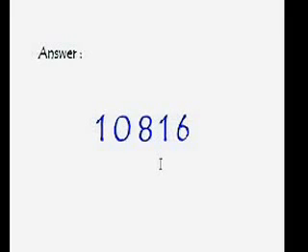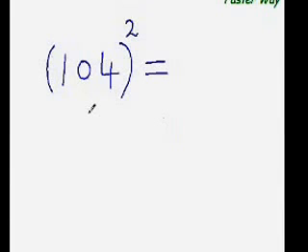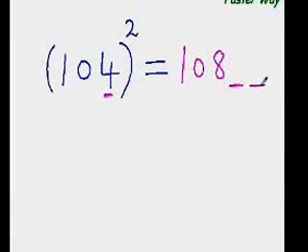Let's see how. Now, all you need to do to find the square of 104 is to add this digit to this entire number. So what is 4 plus 104? It is 108, and you get the first 3 digits of your answer. Now 2 more digits to go. So just find the square of this digit again. So square of 4 is 16. So that is what your answer is. See, it's so simple. That's why I said mentally and in 3 seconds. Now you know, it was no big deal.